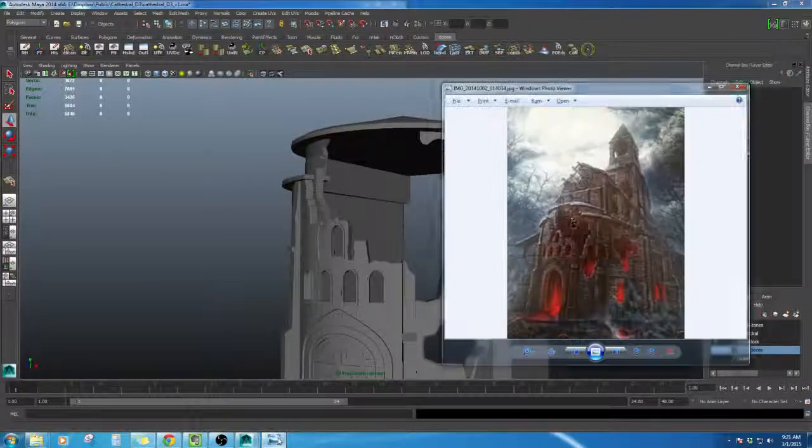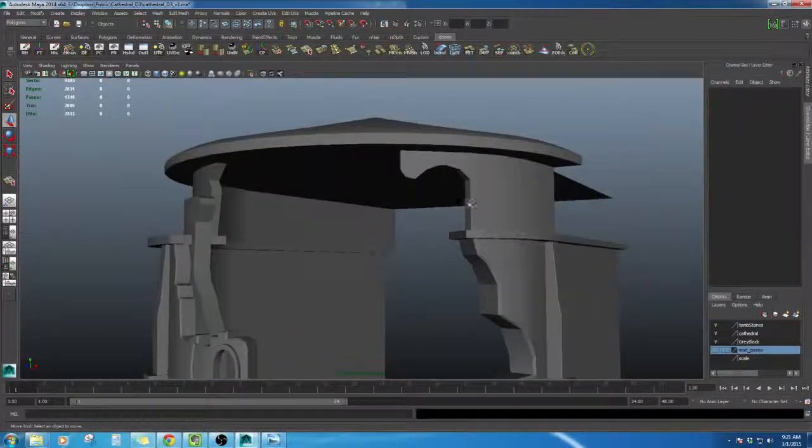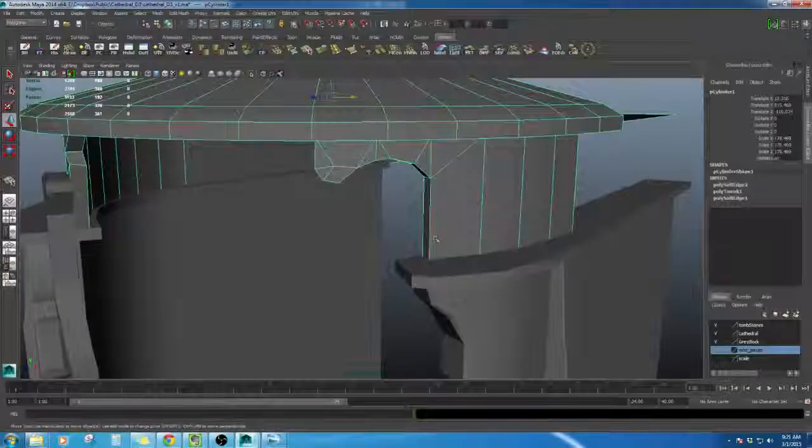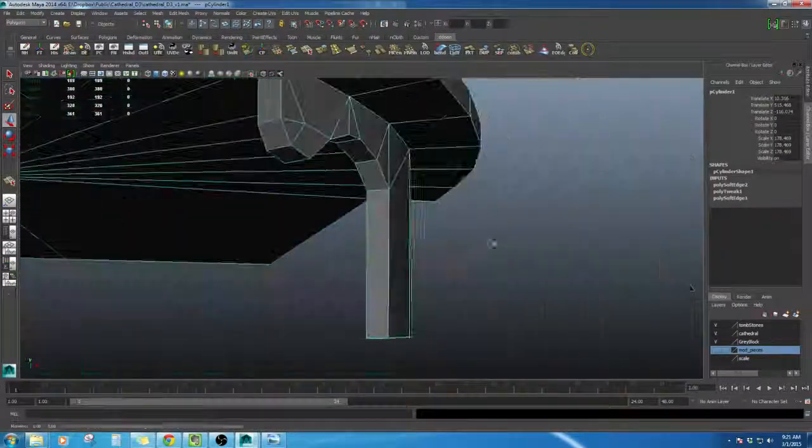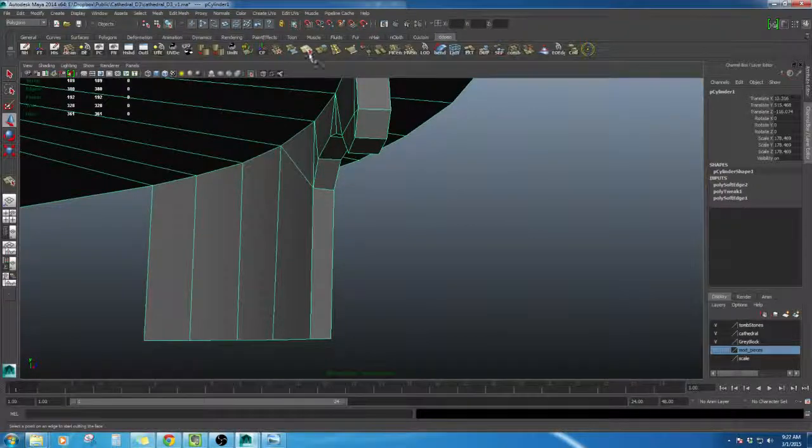I think this is too perfect. It's too perfect of a circle. People might misunderstand that. So I think I'm going to go back and